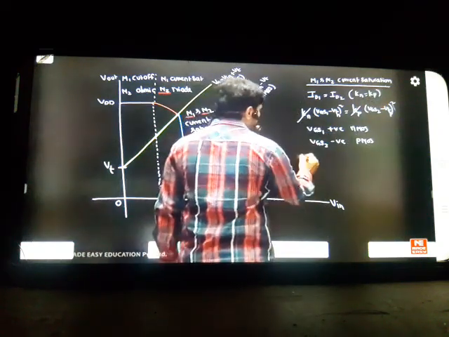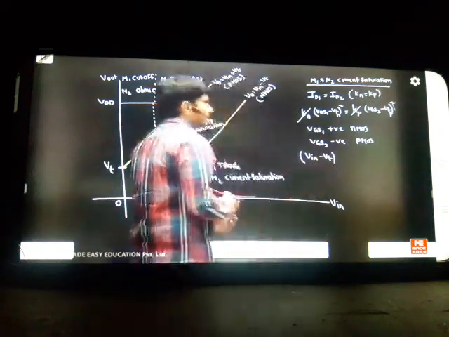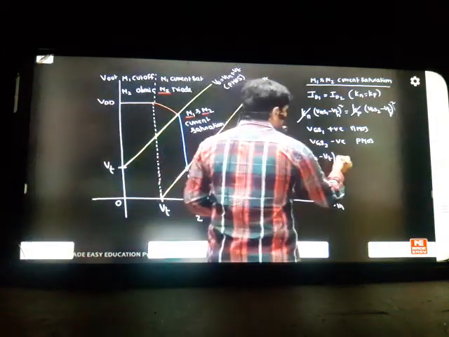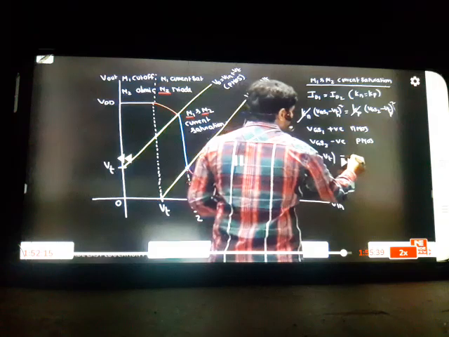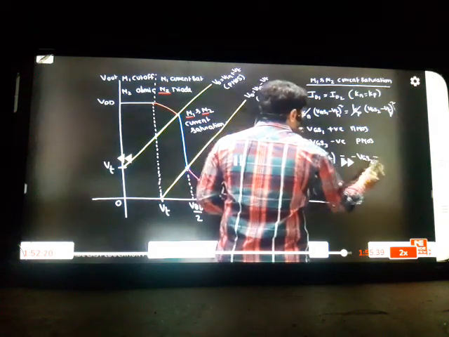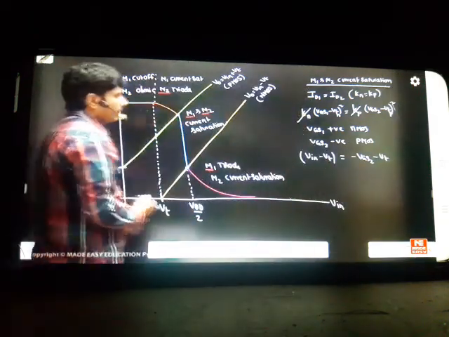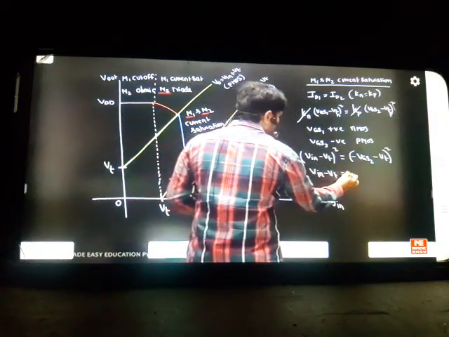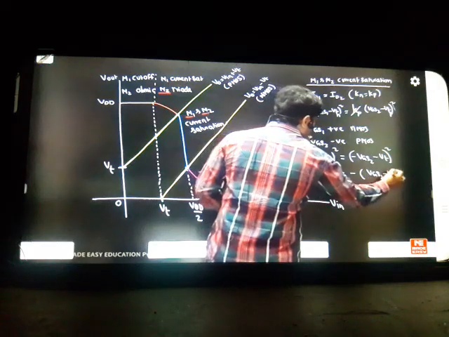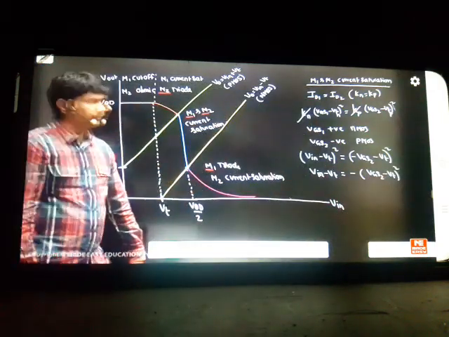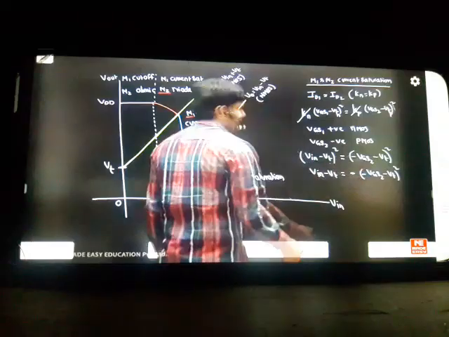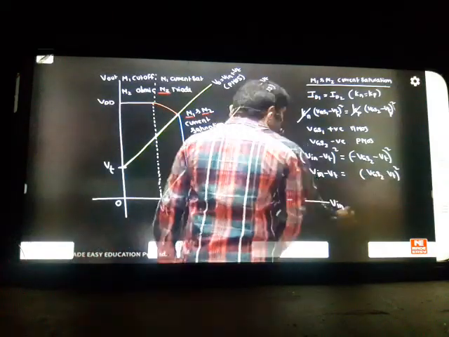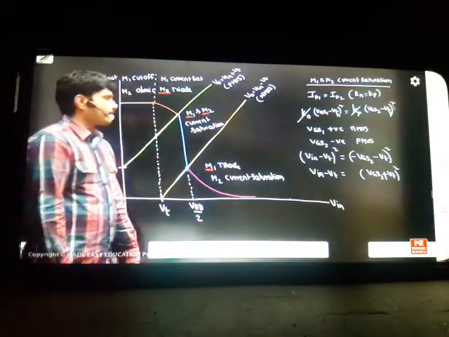And VGS1, what is the value we got? VIN minus VT we'll take. Make VTP and VT both the same. So VIN minus VT you take. And coming to this equation, it will become minus VGS2, here minus VT is there inside. If I make it square, this is also square. Can we have a common term here? VIN minus VT is equal to, if you take minus common, it will become VGS2 minus VT whole square. Correct? VGS2 plus VT whole square you get. Minus of minus, it will become plus.